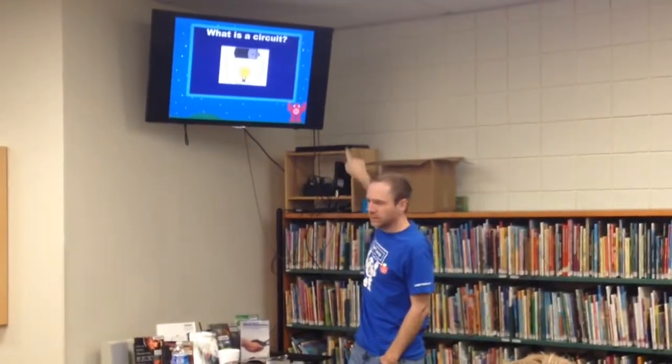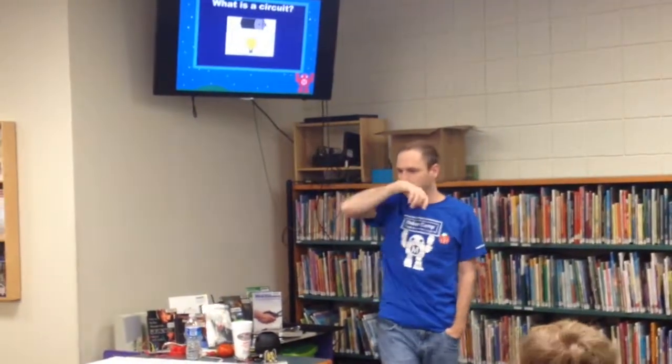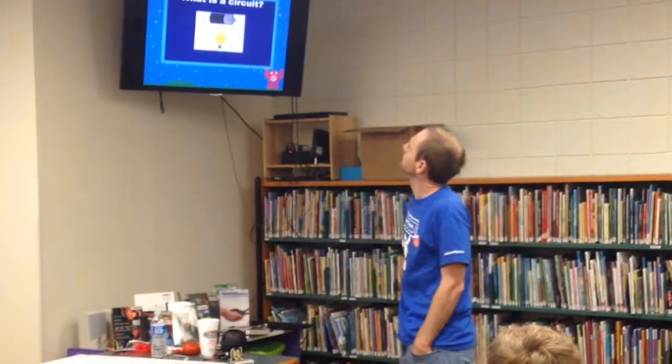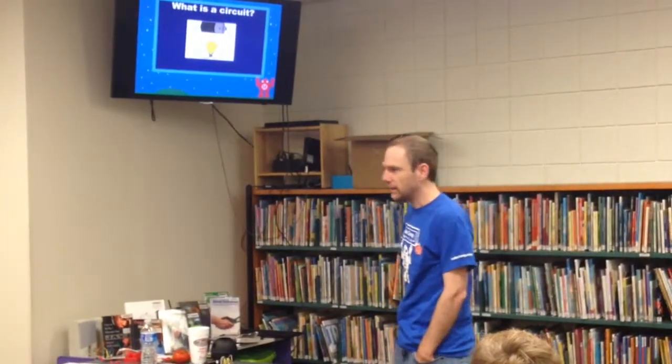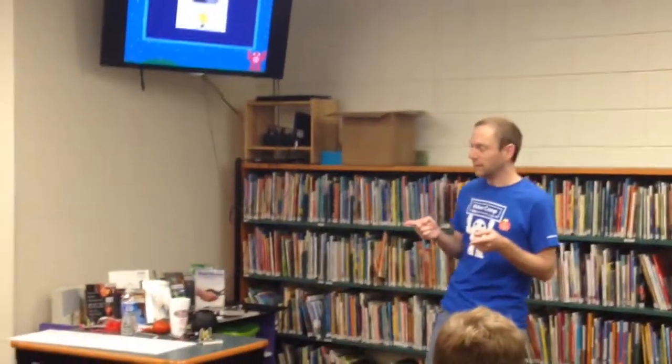Basically, electrons like to flow from positive to negative. See, there's a plus on one side of the battery and a minus on the other side. So all those little electrons are flowing from the plus to the minus. But in between is where the magic happens. In between, you can put lights, you can put a toaster. Everything that runs off of electricity has a current flowing through it, flowing through a circuit, and